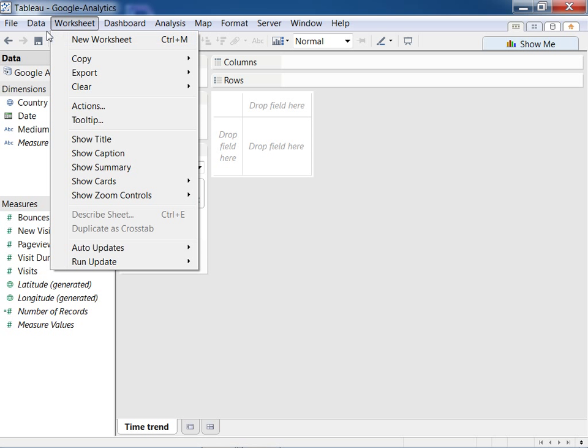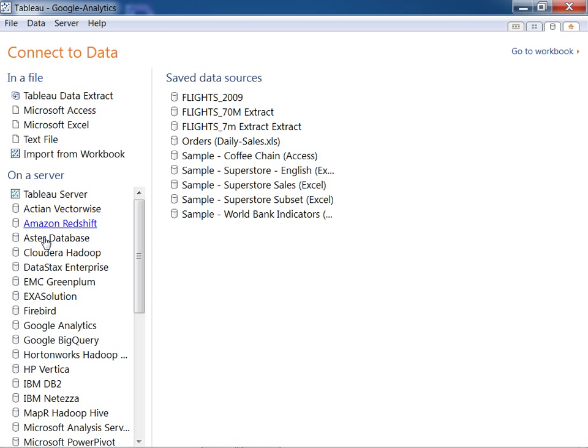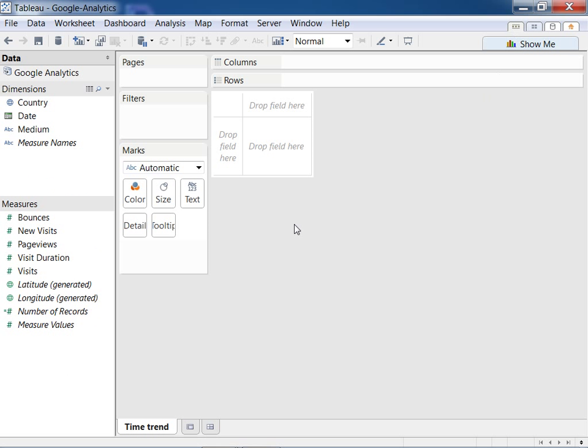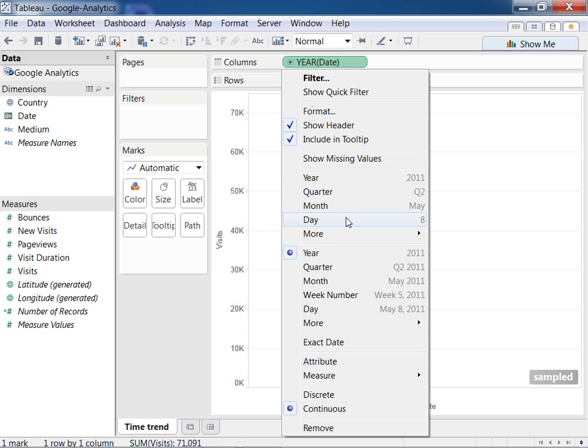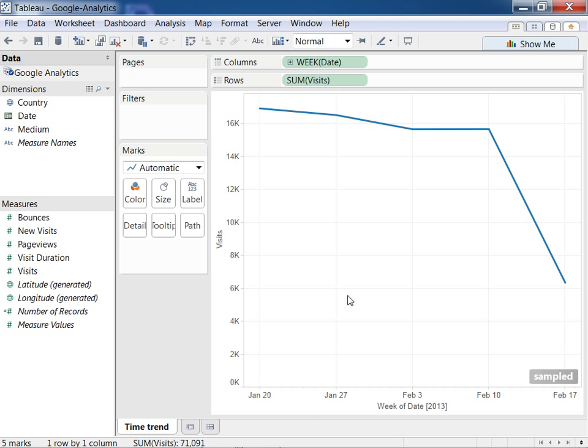Now, if you want to look at Google Analytics data, you simply connect to data and choose Google Analytics like any other data source in Tableau. We've already done that work and we brought in a selection of fields, mostly about traffic to the website. So let's look at how many visits we had, about 71,000, over a period of time, looks like about 5